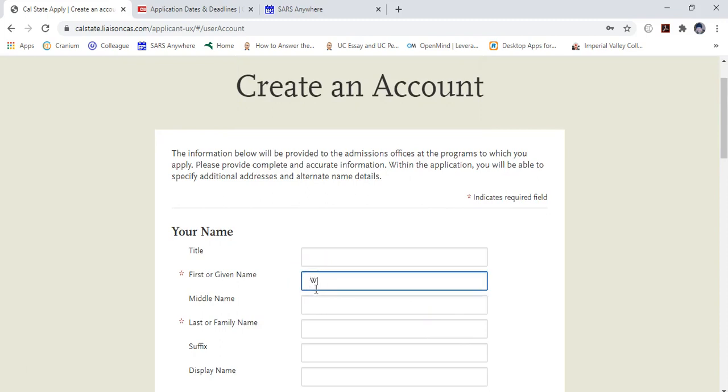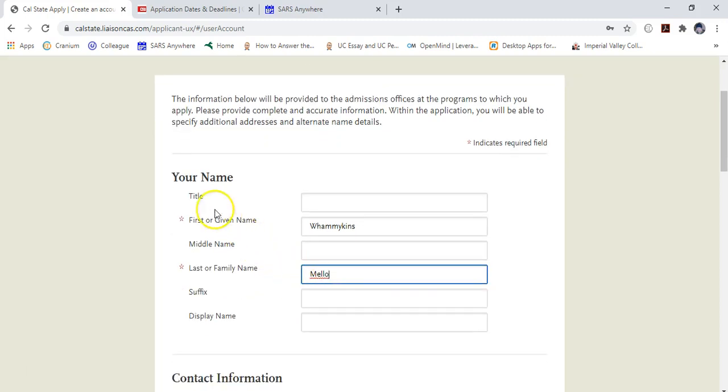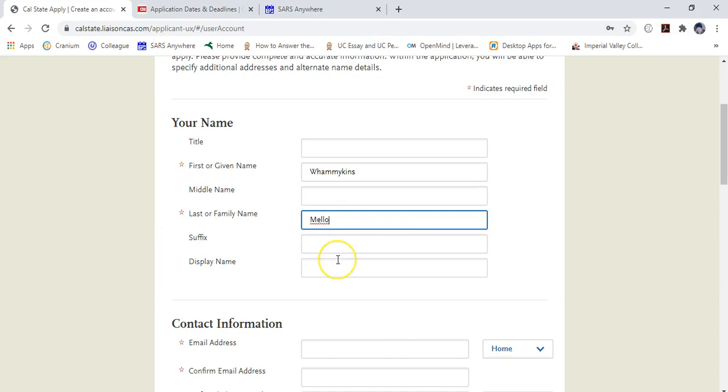So I'm going to use a fake first name, put in my last name. One thing to keep in mind, not only when you're creating your account, but also for the general application, the only parts that you do need to fill out that are required is if it has this nice little red star next to it. If it does not,